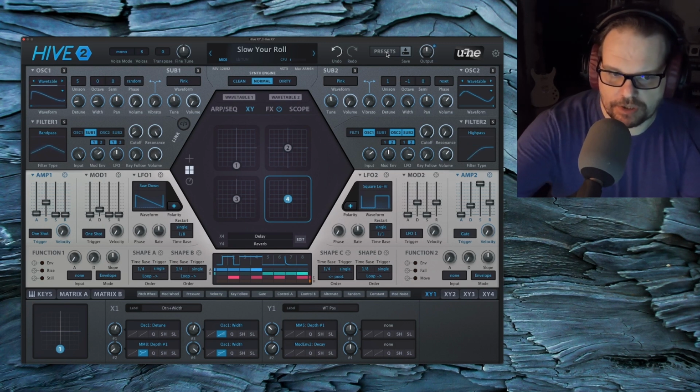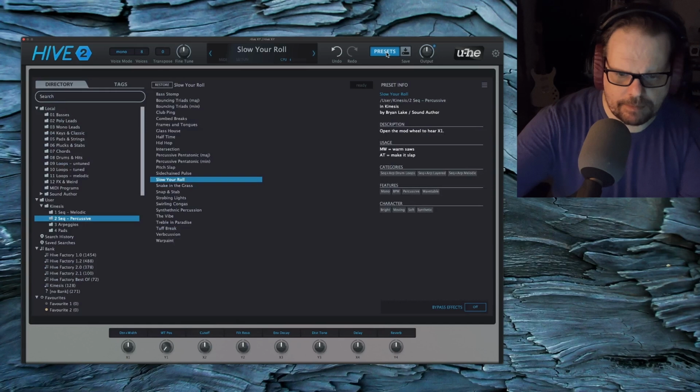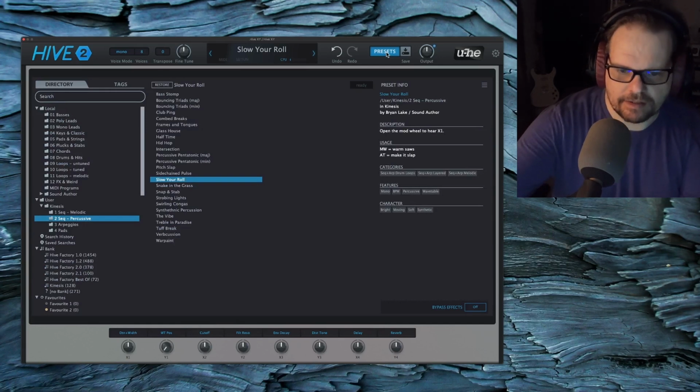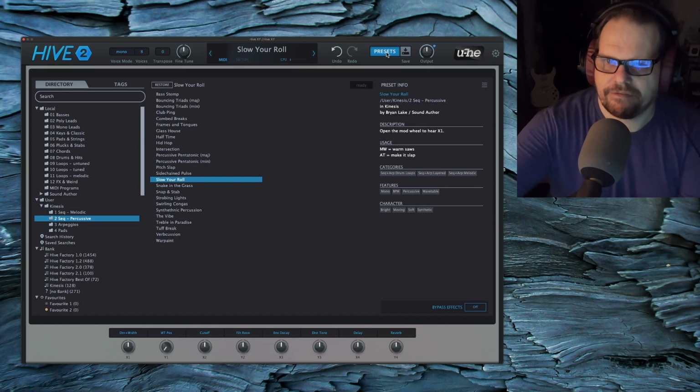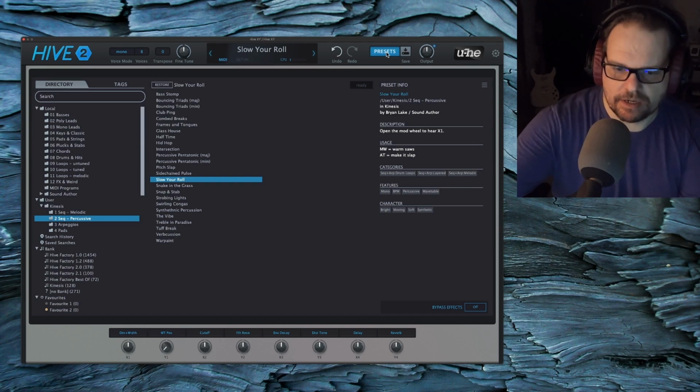Mod wheel and aftertouch. Is that an aftertouch assignment? Yeah. Aftertouch has this that slappy stuff. That's aftertouch.